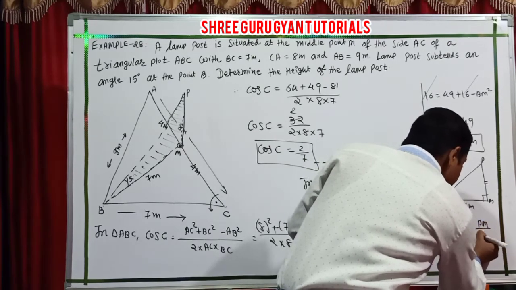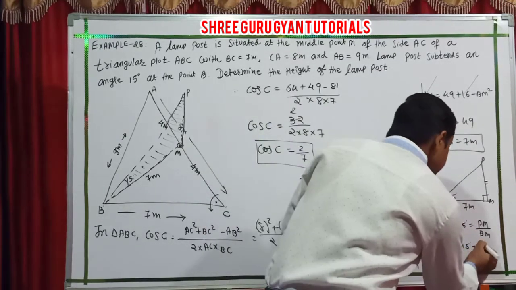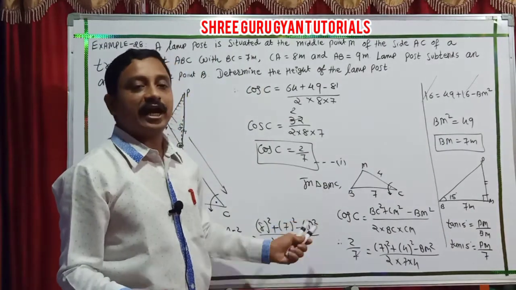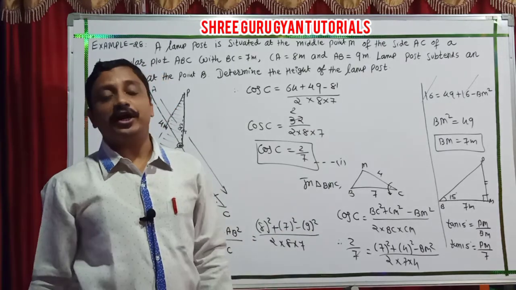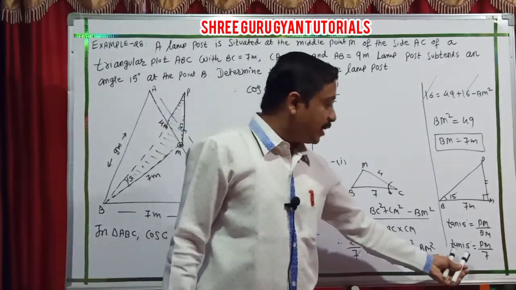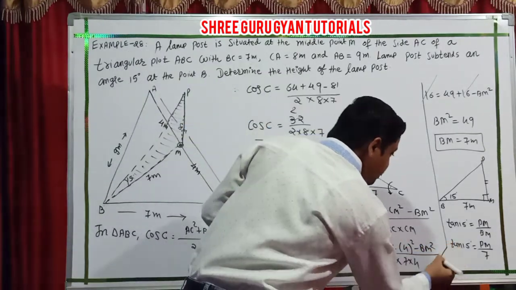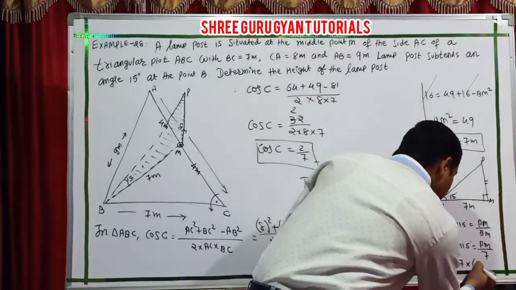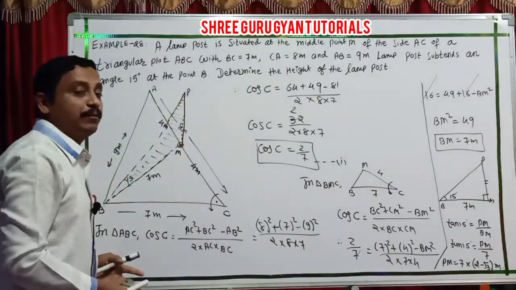equals PM by BM. Yes, tan 15 same, and PM is unknown but BM is 7. Now students, cross multiply and apply that tan 15 value which is known to you. Yes, 2 minus root 3, and I put that value and easily get my answer, the height of the lamppost. Students, this value now I operate here and end this sum. After that, we can write this answer: PM equals 7 into tan 15, which is 2 minus root 3 meter, and that's the answer, which is the height of the lamppost, students.